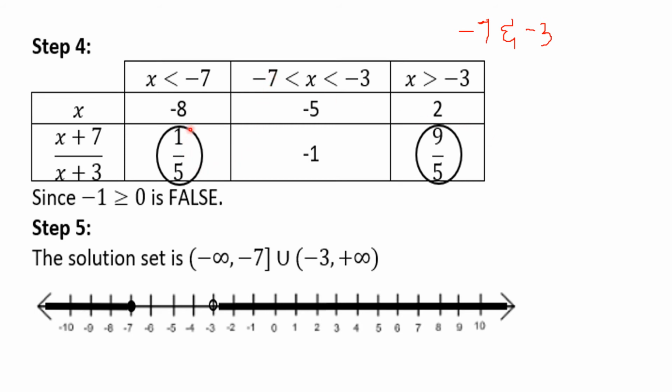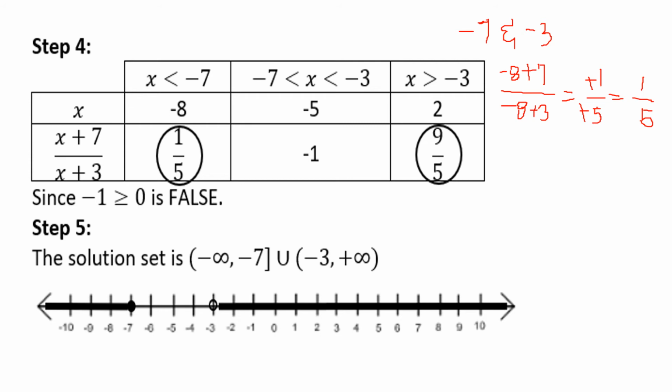Okay, so let us substitute this negative 8 to our given rational expression. So we have here negative 8 plus 7 all over negative 8 plus 3. And that becomes negative 1 all over negative 5. Negative divided by negative becomes positive. So we have here 1/5. That's why nakuha ni si 1/5. Next